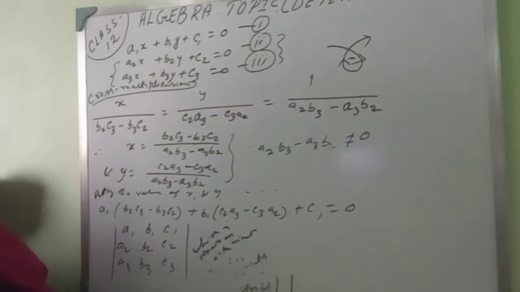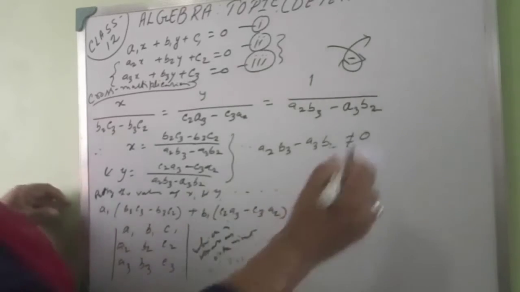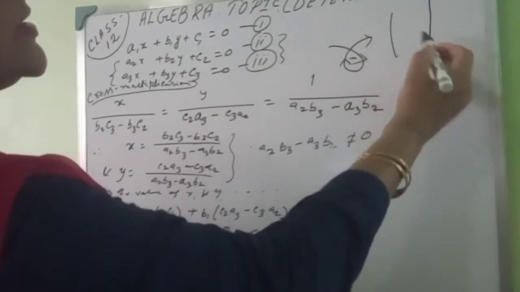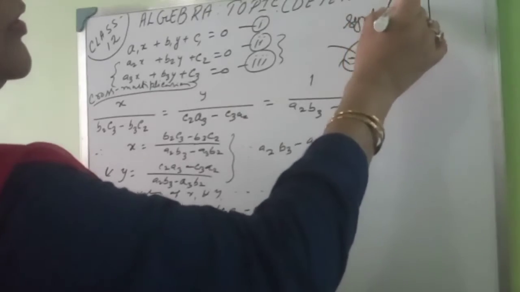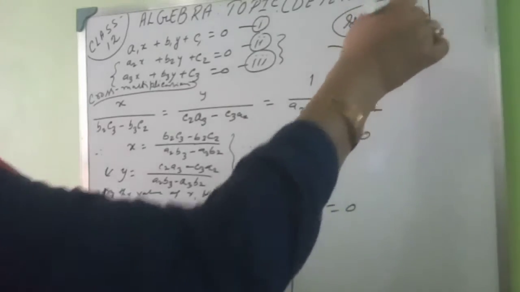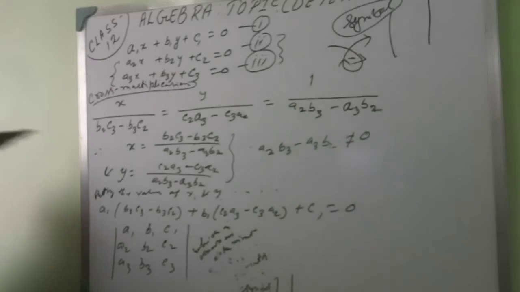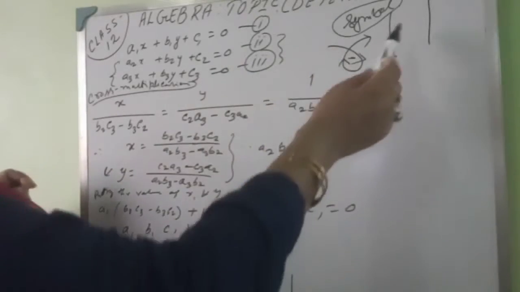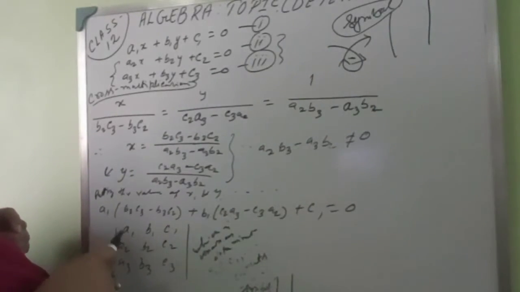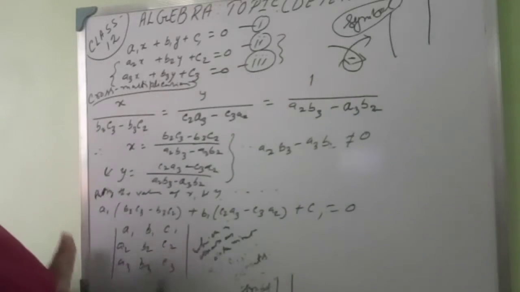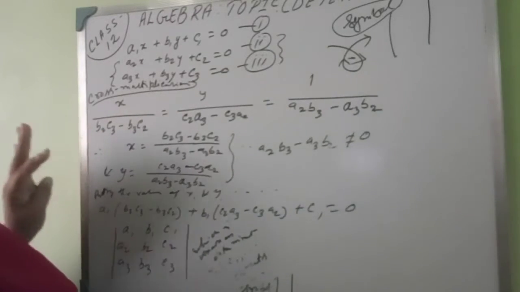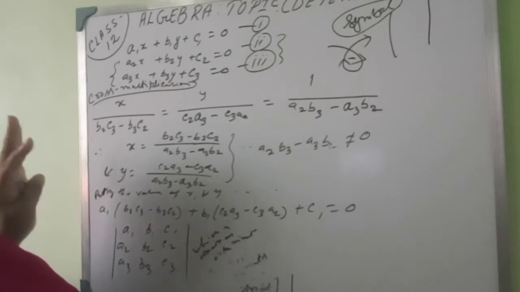How to write the determinant? This is the symbol of the determinant. Only two magnitude symbols, that is the determinant symbol, we will write this way. Now a1 b1 c1, a2 b2 c2, a3 b3 c3, we have to write the elements in row and column order, and obviously this is again a square matrix. The square matrix we have already done.